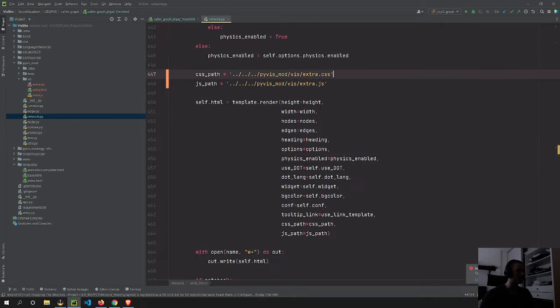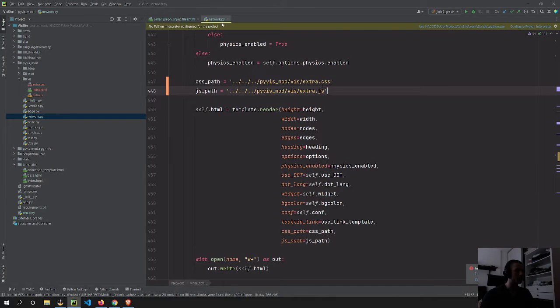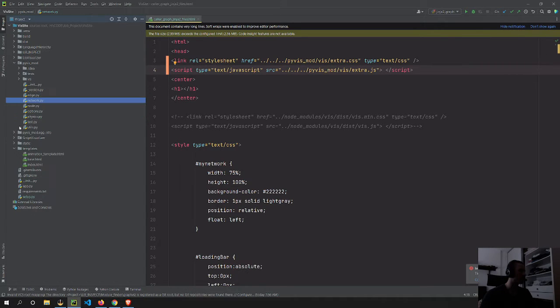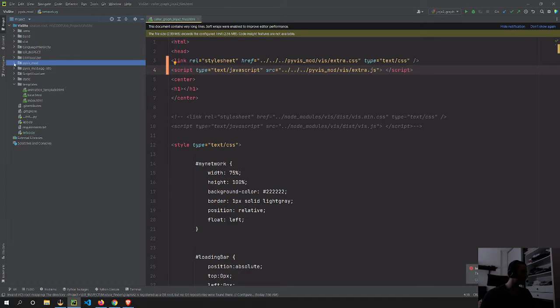And I also changed the path on the network folder, so that when it renders the template, it writes this path here directly. And each 2 dots goes one folder up. So from here, oh, it's because the file that is saved here, the CSS and JavaScript, stay on this folder, but the final file is saved on this one,